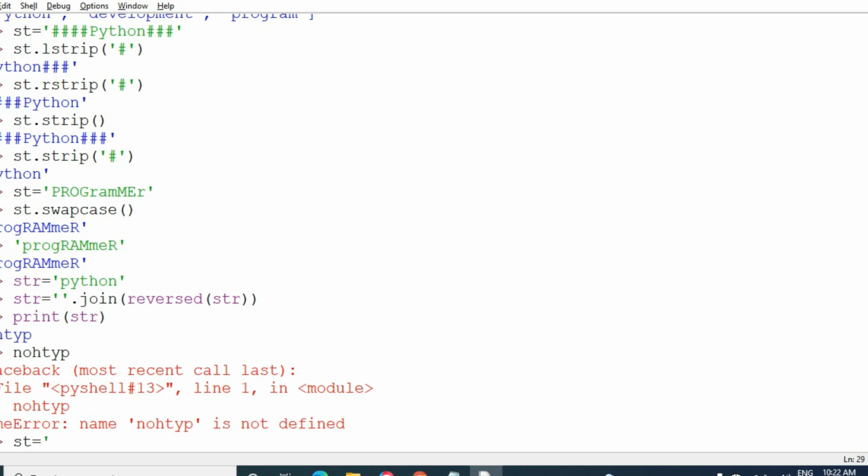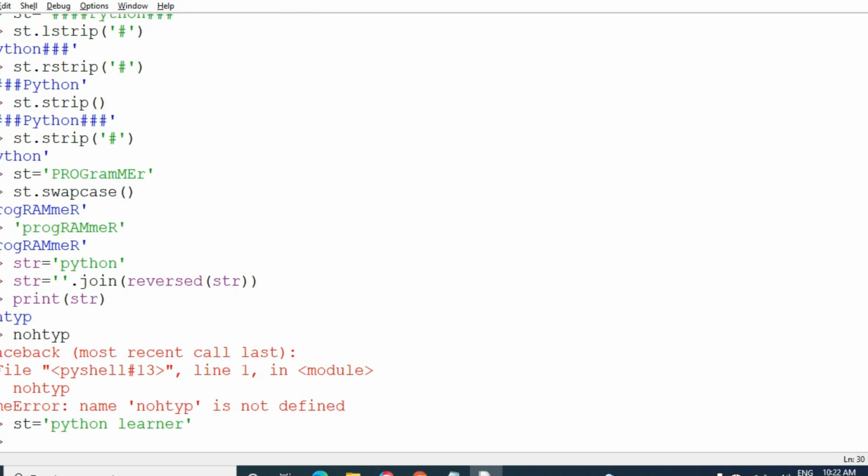Initially I am taking the string as Python learner. And I want to replace the learner into developer.